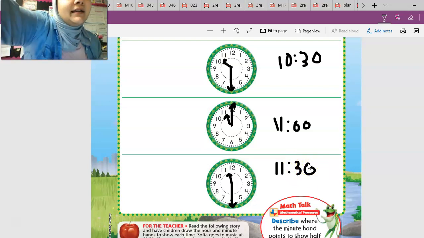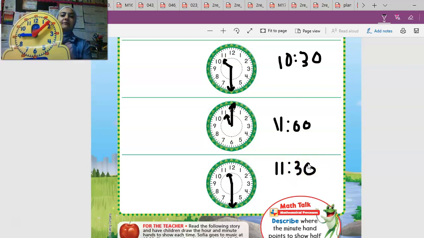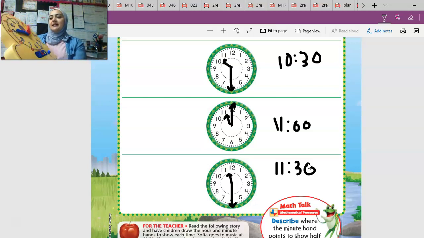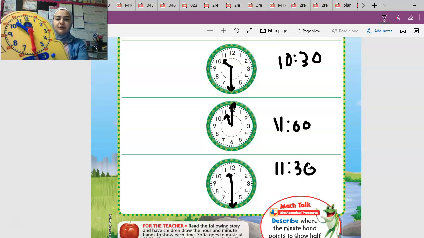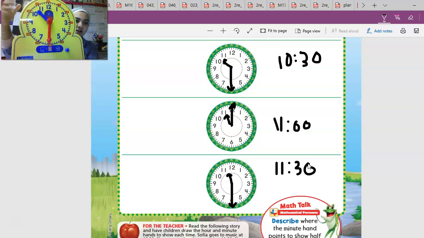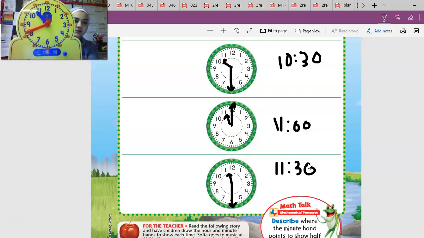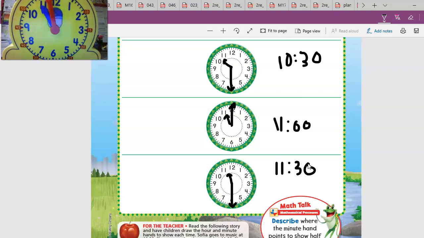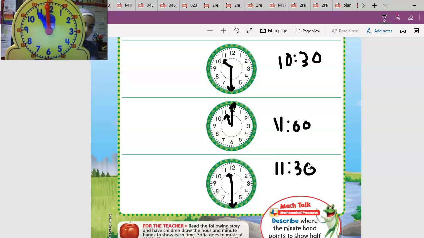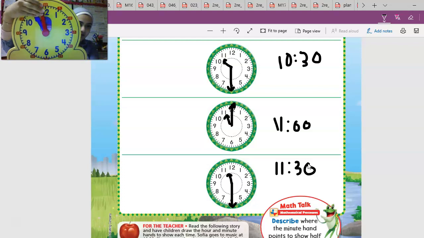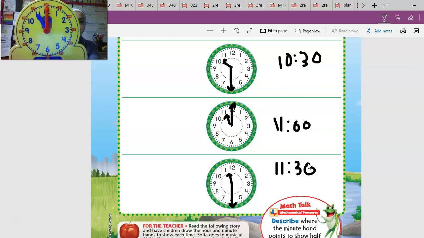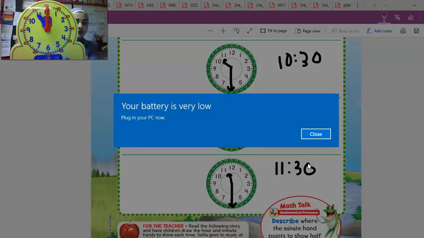So using my teacher clock, the first time is 10:30, right? So she does music class at 10:30, just like that. See how the small hand is in between the 10 and the 11? And if I go up 30 more minutes, it's what? It's 11 o'clock, right? So that's why 11 o'clock looks like this. All right, and the big hand is exactly on the 12. It's 11 o'clock. And then 30 minutes later, she goes to